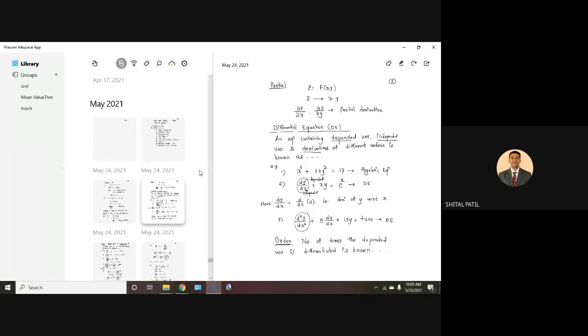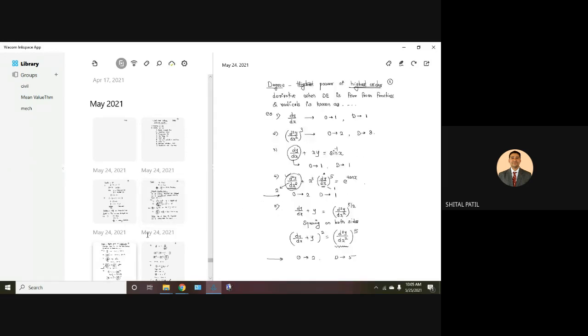So then we have gone through a few examples and we understood that there are differential equations whose order is different. So one of the ways to understand how the differential equations are is to understand its order. So first order differential equation, second order differential equation, third order differential equation, and so on. This is one way. Then we understood what the order is. Order is the number of times the derivative of y, the derivative of the dependent variable.